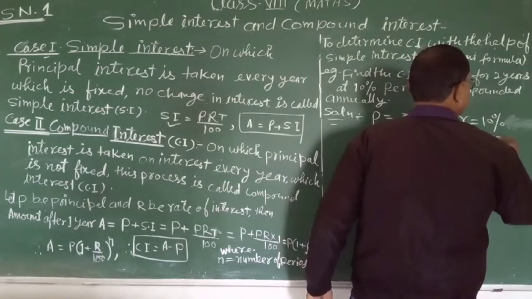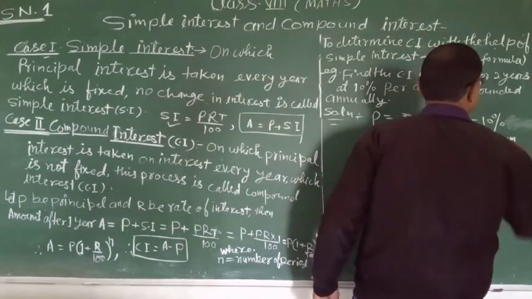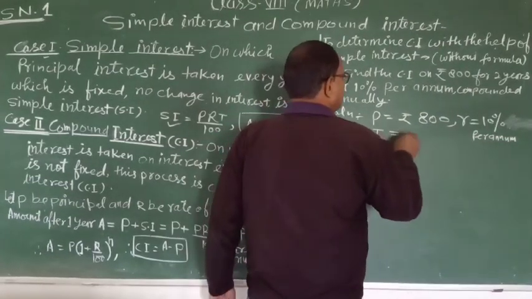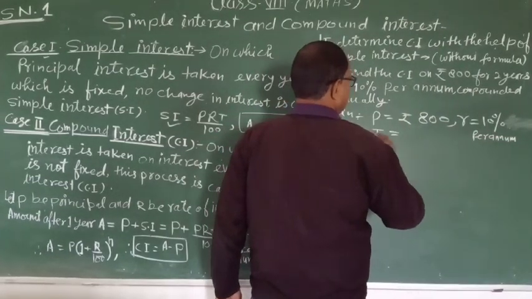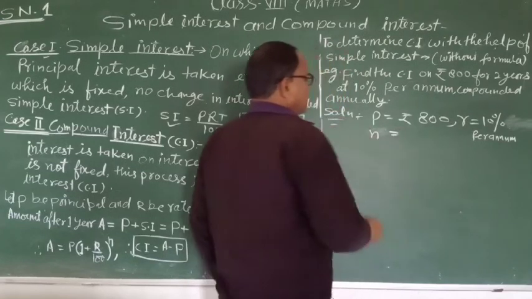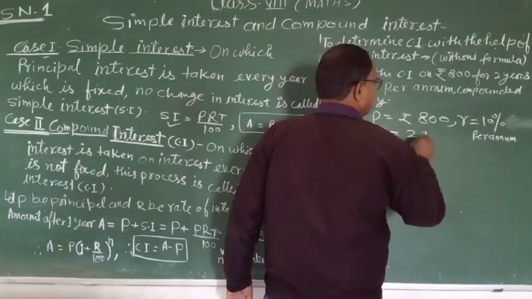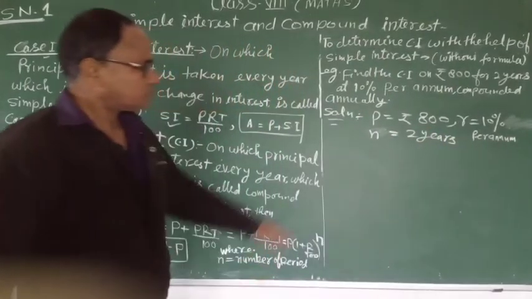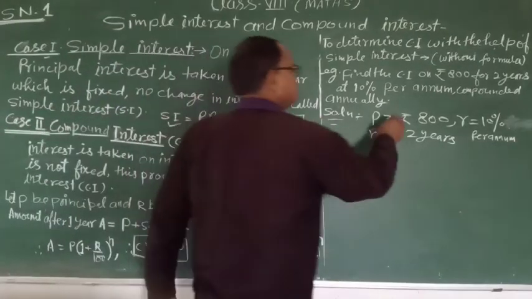Per annum. And T is equal to TRN, number of period 2 years. 2 years. Okay. Here